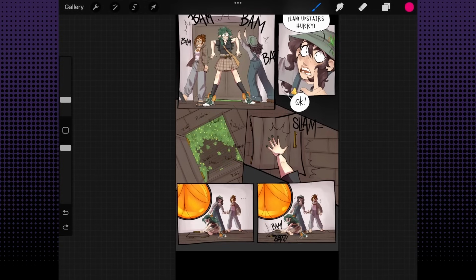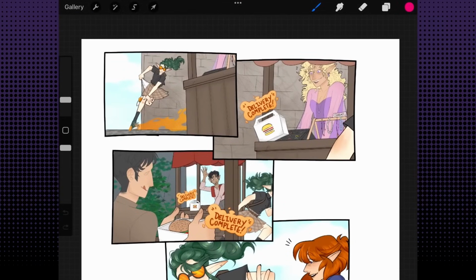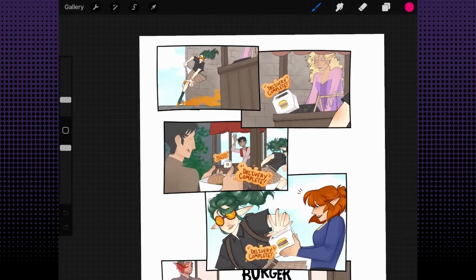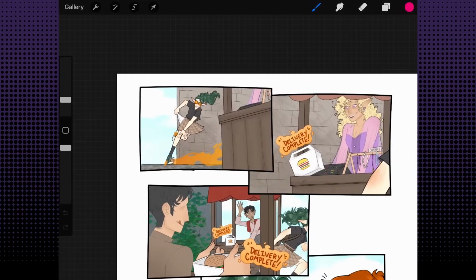Now, to the example of really good stuff happening in Wabi Sabi, I wanted to talk about this page. So this page comes from a sequence where one of our main characters is delivering food, going really fast, using some magic shoes. And the setup and continuity is really great because there are jumps in action. There's big jumps in how far our character has moved, but it's still really easy to follow because of some really simple landmarks that are created, some simple repetition, continuity of different colors and shapes. It's really nice. So we start with our character who's running in and we see where she's going